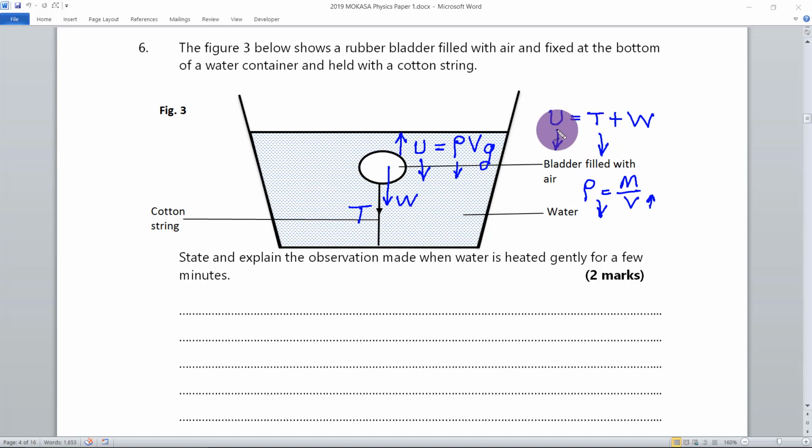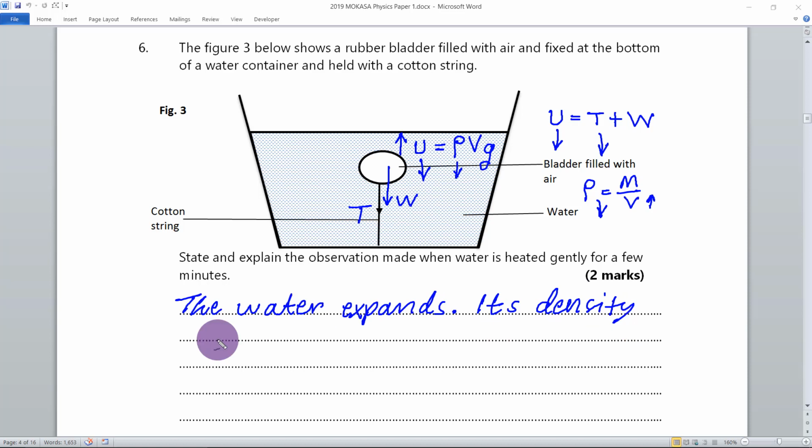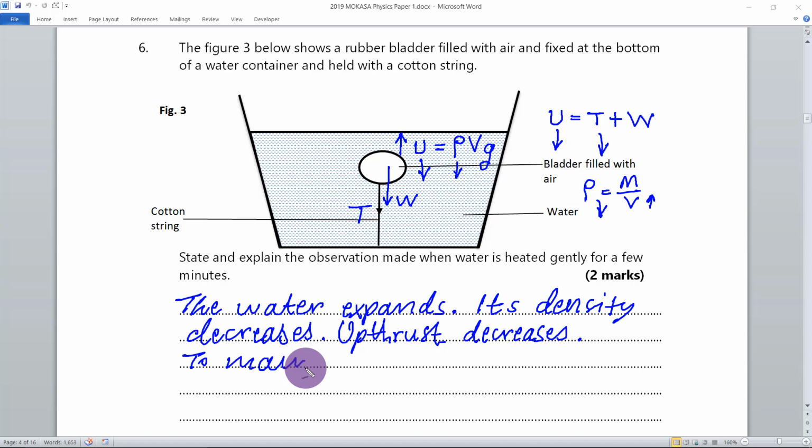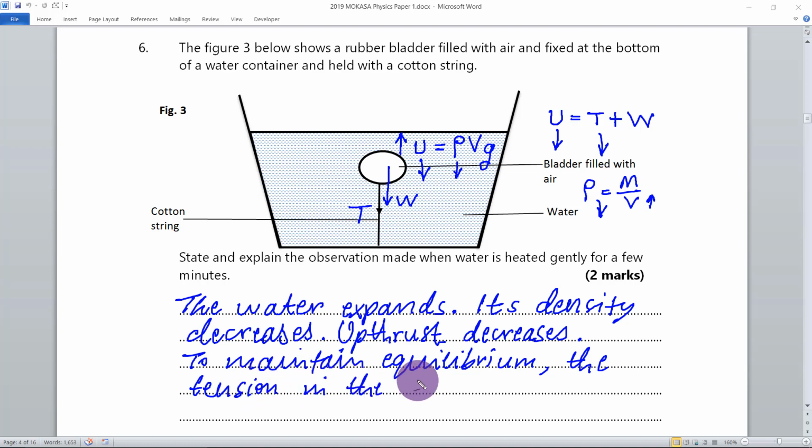So if we subtract a certain number from here, we must subtract a certain number from the right in order to maintain this equilibrium. So the tension in the string will reduce. So that is it. The water expands, its density decreases, upthrust decreases, and in order to maintain equilibrium, the tension